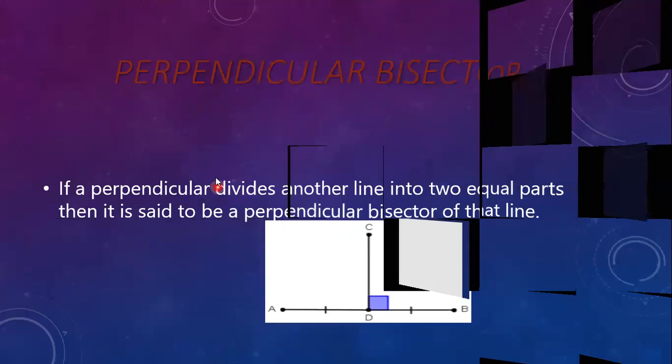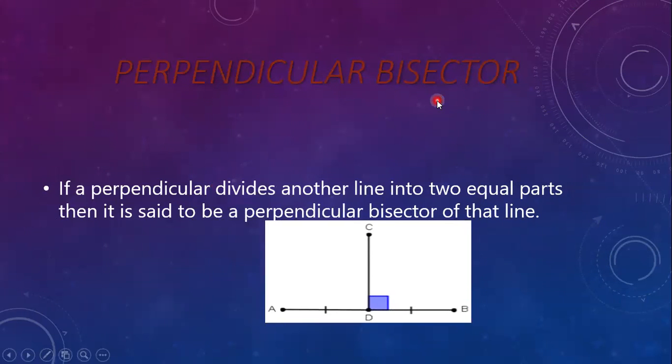Next, let us learn perpendicular bisector. We have learned perpendicular lines, and what do you mean by bisector? If a perpendicular divides another line into two equal parts, then it is said to be a perpendicular bisector of that line. See here, when a perpendicular line divides another line, here you can see AB